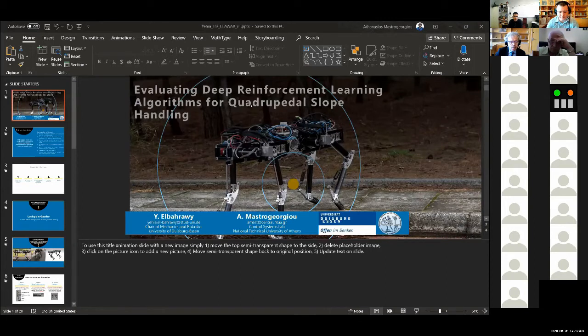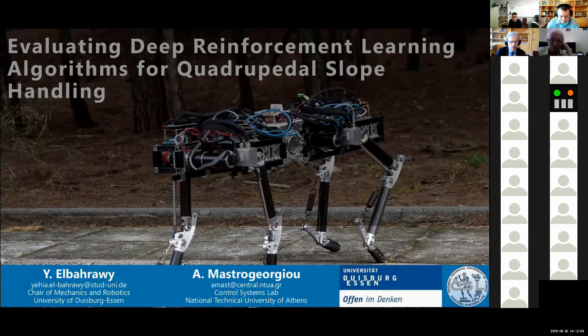Perfect. So the topic of this presentation is evaluating deep reinforcement learning algorithms for quadrupedal slope handling. So another quadruped data. So you can proceed. Yes. Hello, I am Athanasios Mastrogeorgiou, and I'm going to present an evaluation framework we developed here in the Control System Lab in Athens with Yehia Elbahrawy in order to test the different reinforcement learning algorithms for the task of